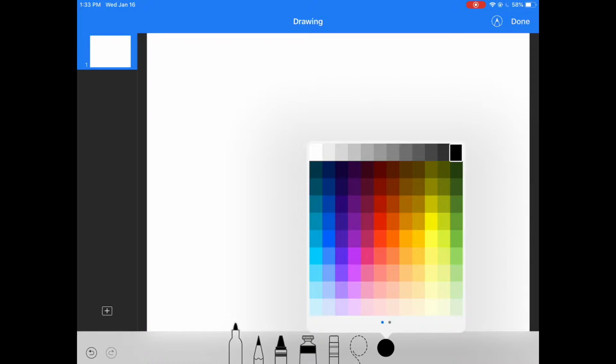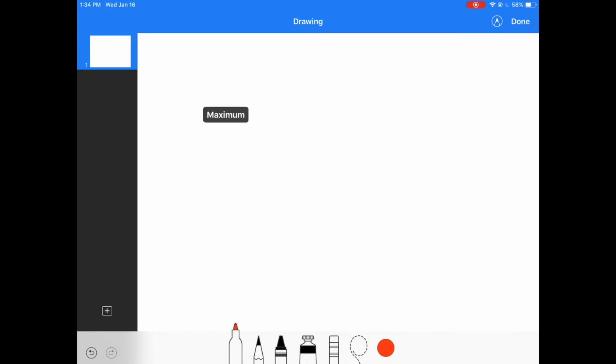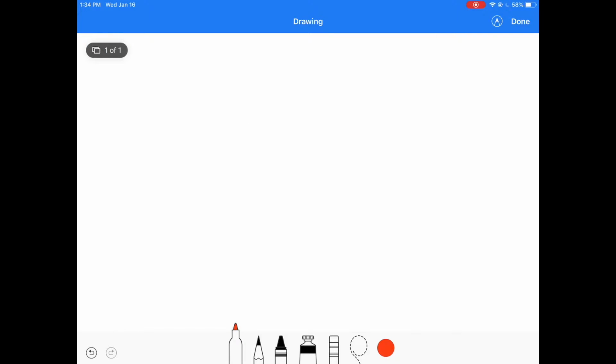It gives me the option to change colors. I have the marker, pencil, crayon, and this little option here is actually a fill tool, an eraser tool, and a selection tool. So if I simply chose a tool here, I could start doing some movement and things with that. So if I simply went to